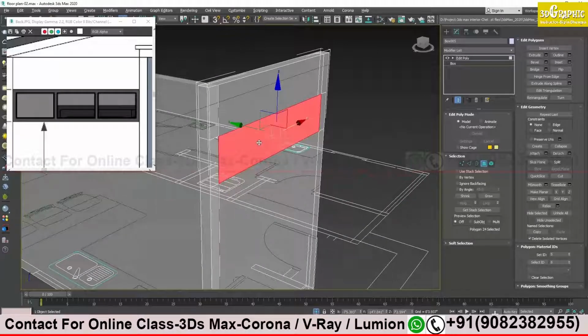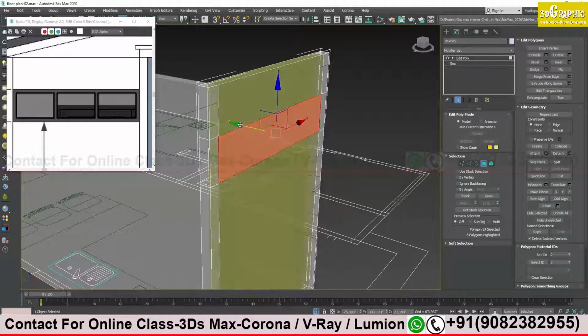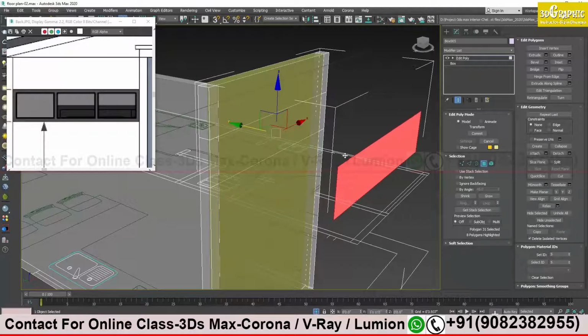Okay, so for the glass, I will not do detach, I will do a different thing. I will press my shift key and then drag it out. I click on one direction and I will just drag it out. You see, it's saying, do you want to make a clone? Yes, I want to make a clone of the object.